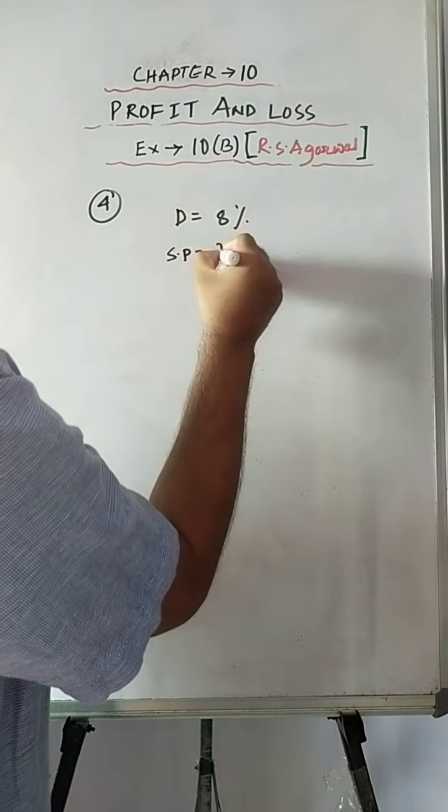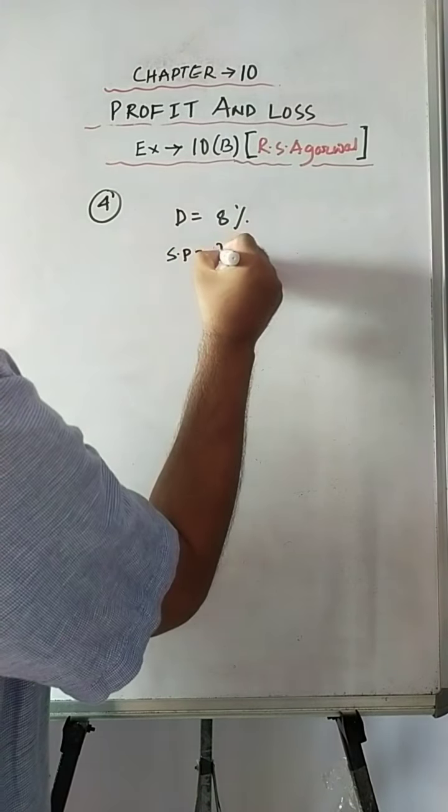So what is the mark price? Suppose this is a box where the toy is kept. Here you will find that some price is written. So it is a listed price, because it is already marked on that particular box. The price which is written on the box is called the mark price. This is the price that they are asking. But instead of this price, the customer is paying 216.20 because some discount has been given. So you have to find that mark price.